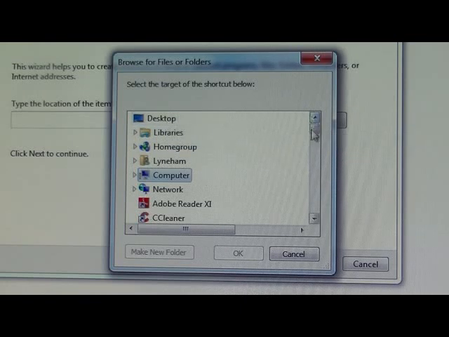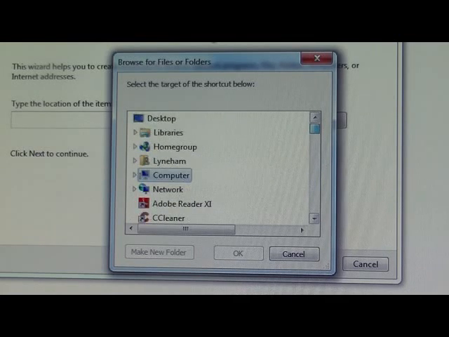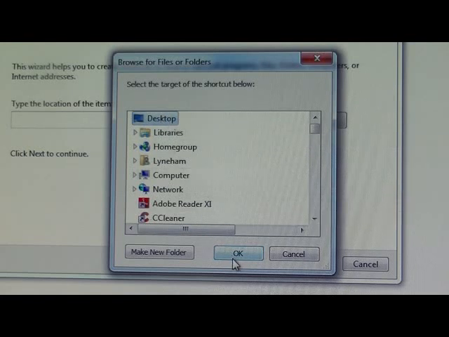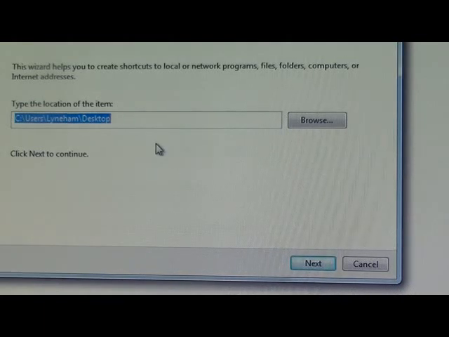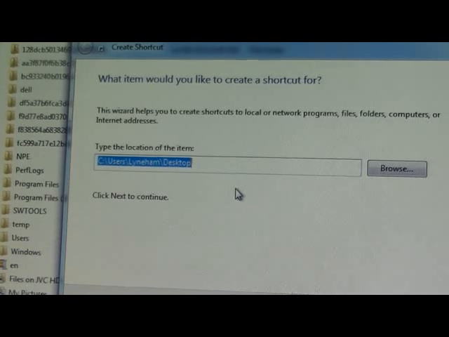Well, what else is there? You can create a shortcut to just about anything. You can even create a shortcut to a shortcut, I don't know. We want that one. Okay, and then if we go OK here, you can see what's called now the path, the file